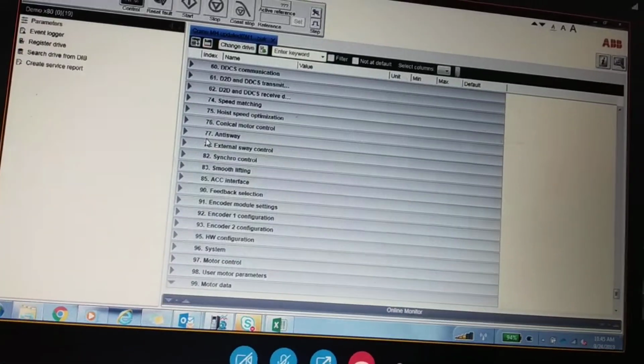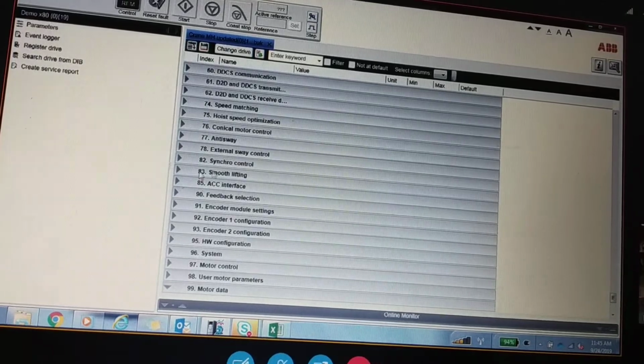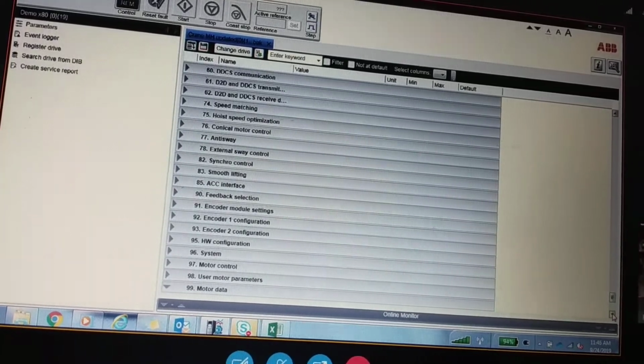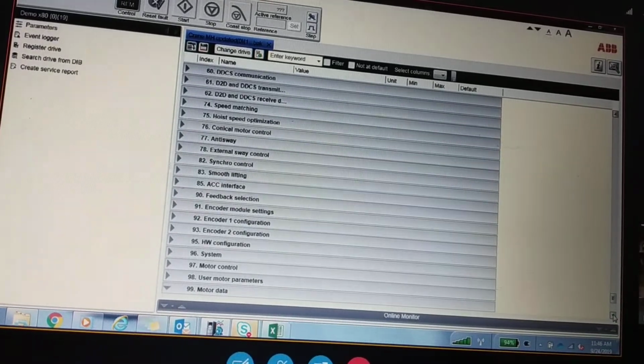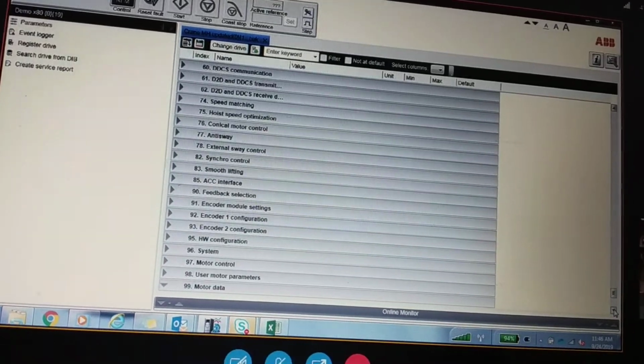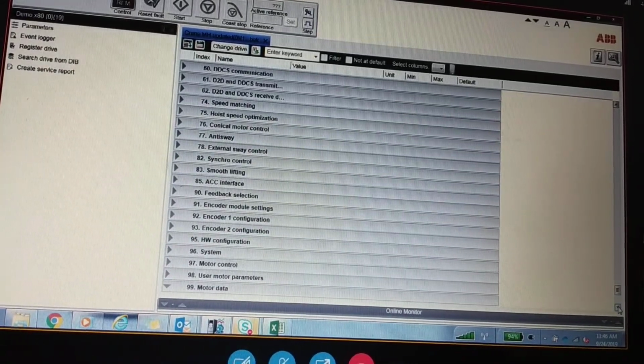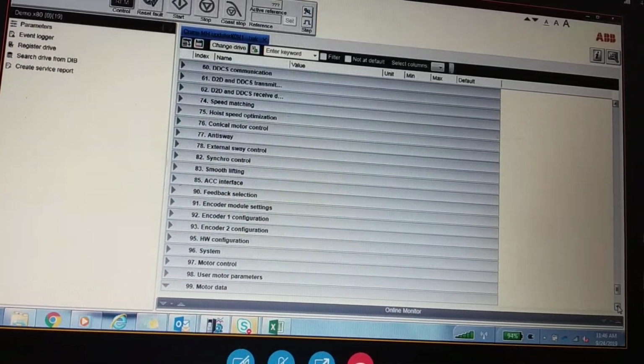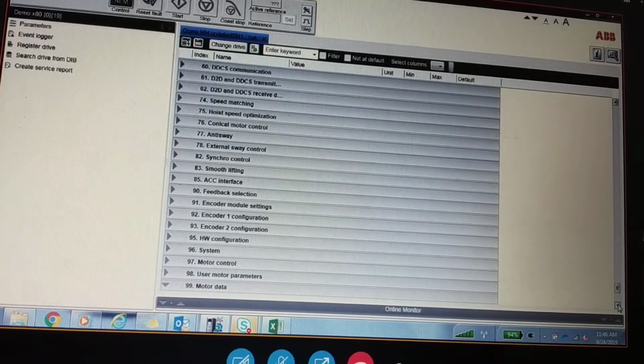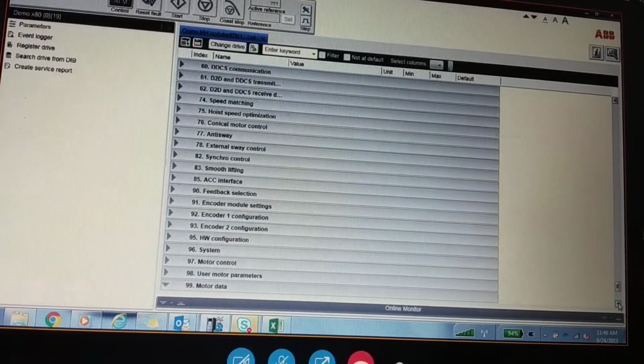Then here we have encoder setting. So once we go for feedback, we need to select motor feedback. It is by default estimate. So here we can select encoder 1.